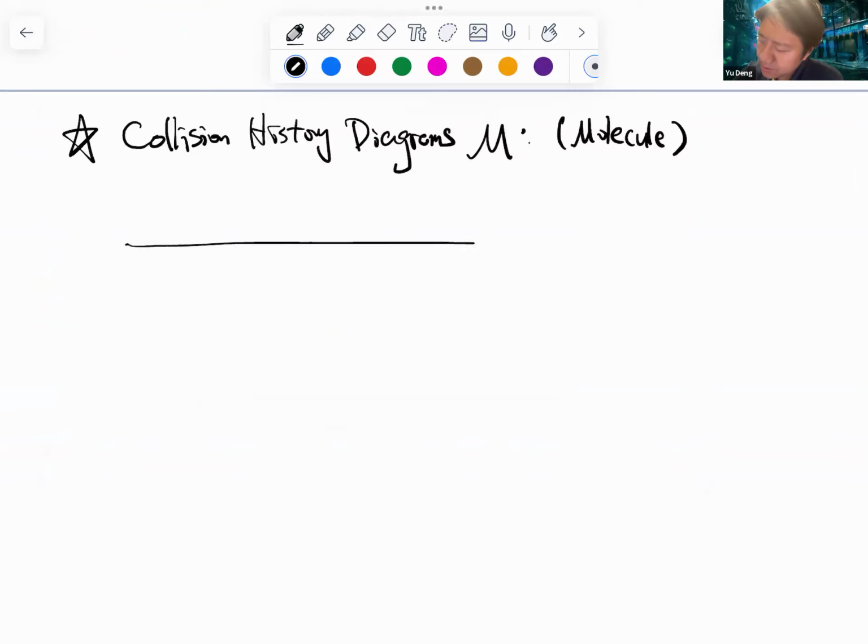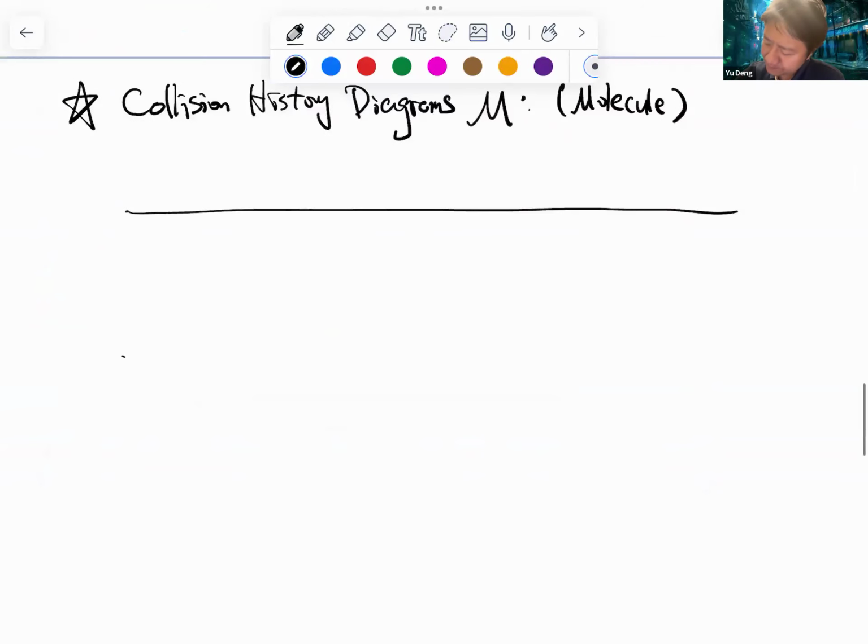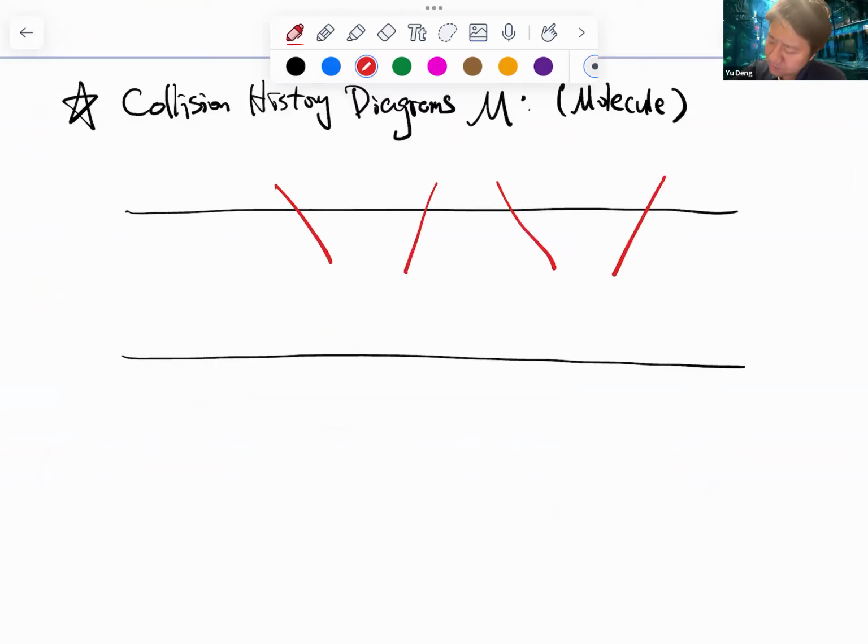We have these particles in H. These are the root particles that we defined last time, corresponding to the last layer. And these particles are going to have